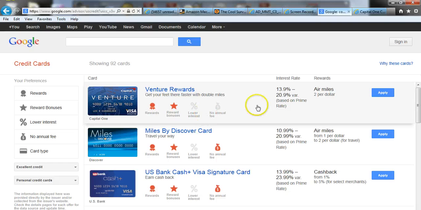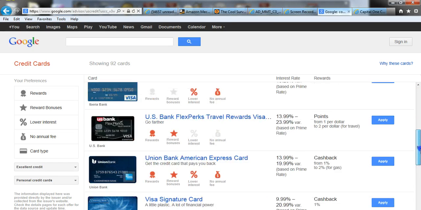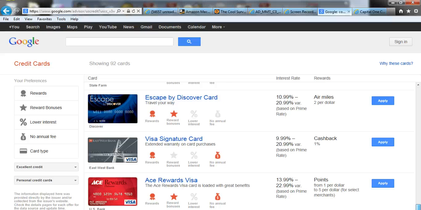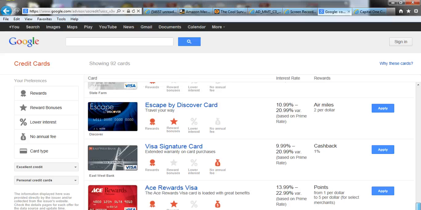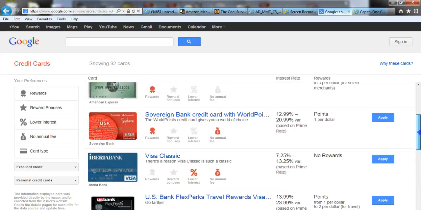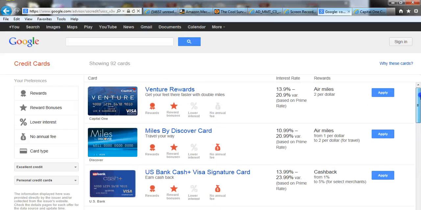So I think overall this is a very user-friendly site. It seems to give me a lot of search options, a lot of ways of filtering, and with so many options available, that's important. As I said, I think probably the only two upgrades that I would suggest would be